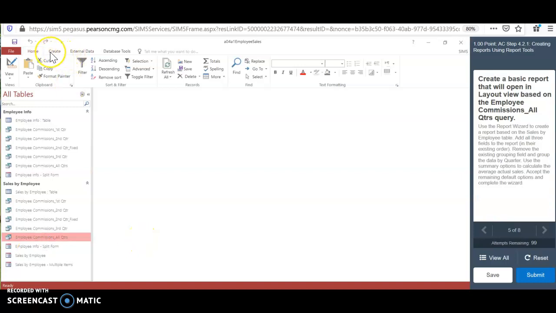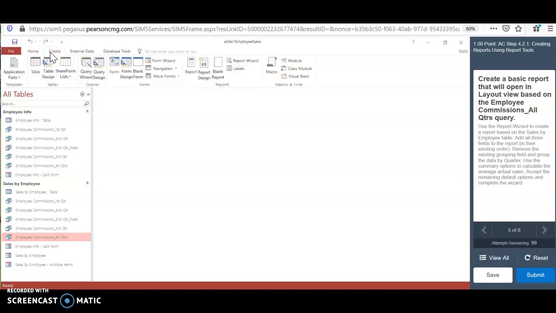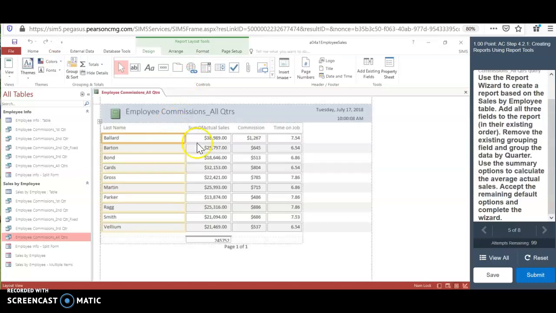Then you go to the Create tab in the top left, and then you click Report, which is in the Reports section between macros and code and the forms. Report, and then it asks me to create a report based on the sales by employee table,